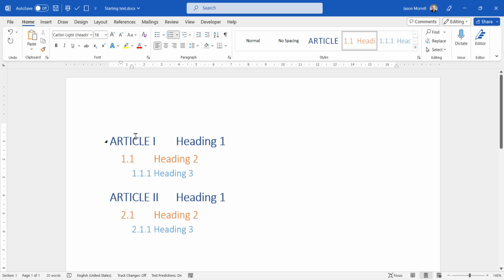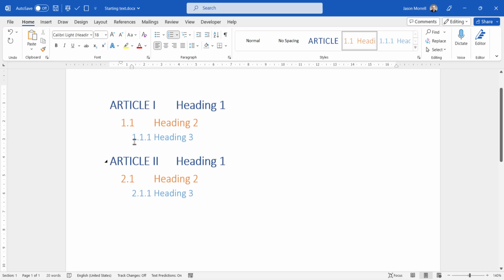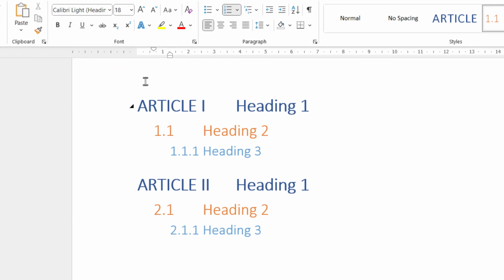But what we're now going to do is to make stuff line up in a much more sensible way. So firstly, it's good to measure, if we go out towards the ruler here, sort of measure where the word article 1, where that finishes on the ruler. So if we say something like 3 or maybe 3.5 centimeters, that could be our start position for the text that follows the number. So 3.5, we're going to go with that.